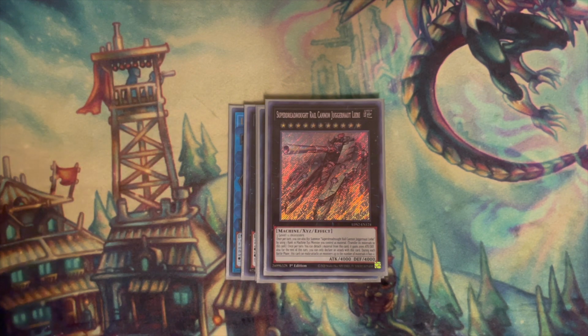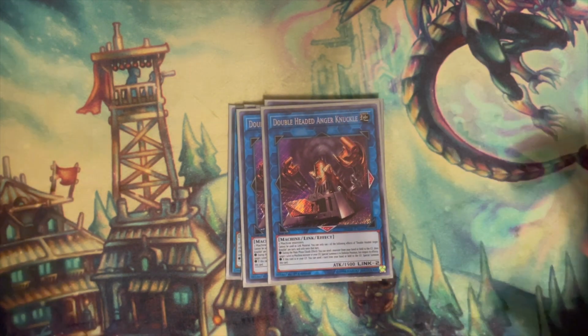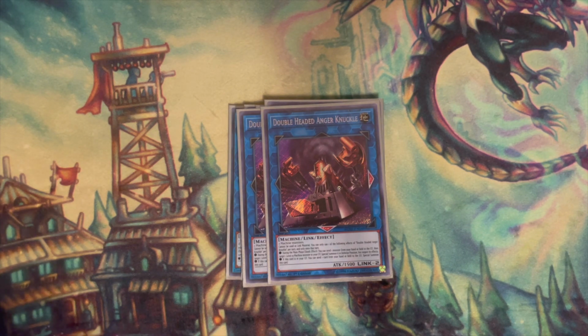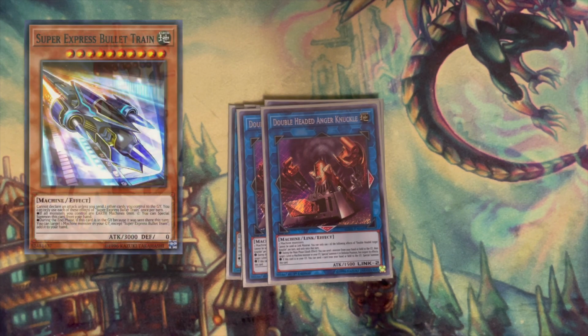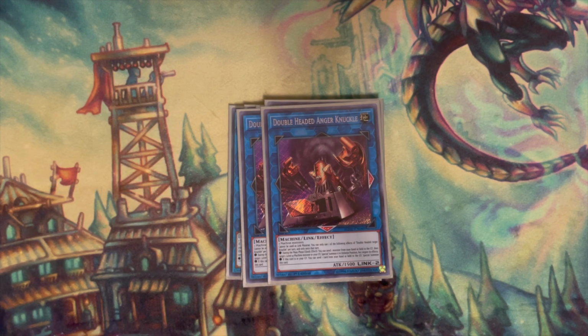Next, we play 2 Double-Headed Anger Knuckle. This Link monster is your typical end monster on your opening turn, as it can give you this really crazy value loop between itself, Express Bullet Train, and your cards in your graveyard, especially Ancient Gearbox. On initial glance, it might seem a little weirdly lackluster, especially since it can't be used as link material, but it synergizes so incredibly well with the deck,